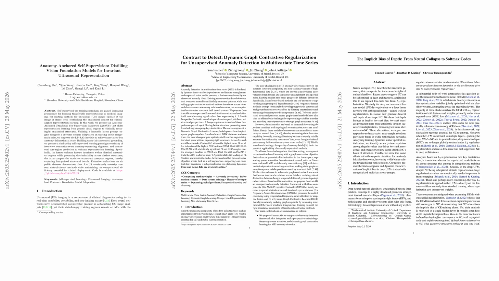What happens when AI learns to see anatomy instead of pixels, detect anomalies in shifting time series graphs, and uncover the hidden bias that depth imposes on neural networks? In today's episode, we explore three striking papers that push machine learning in very different directions: ultrasound models that distill